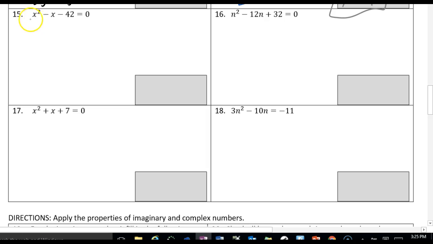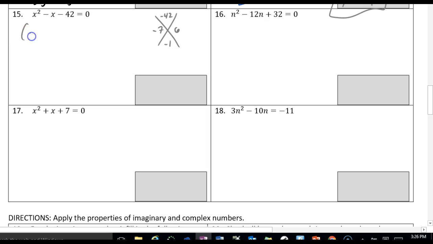Since A is 1 here, I'm actually going to try just to see, can I factor, find numbers that multiply to negative 42 that add up to negative 1. If you're thinking about some numbers that work, you should get negative 7 and 6. Now, the reason I like to factor, especially in this case with A being 1, is because immediately